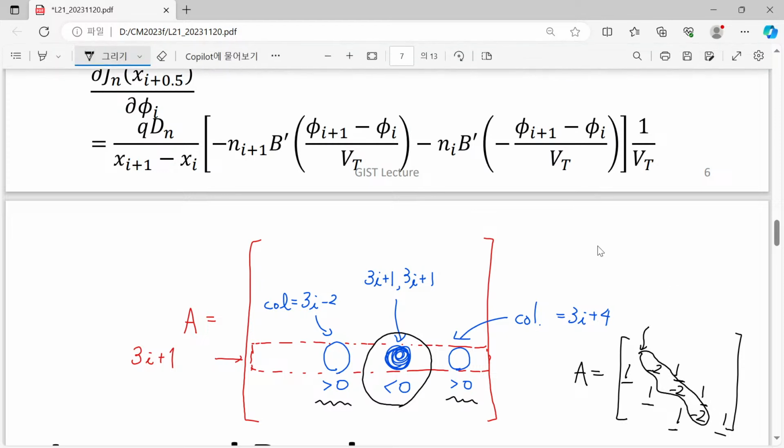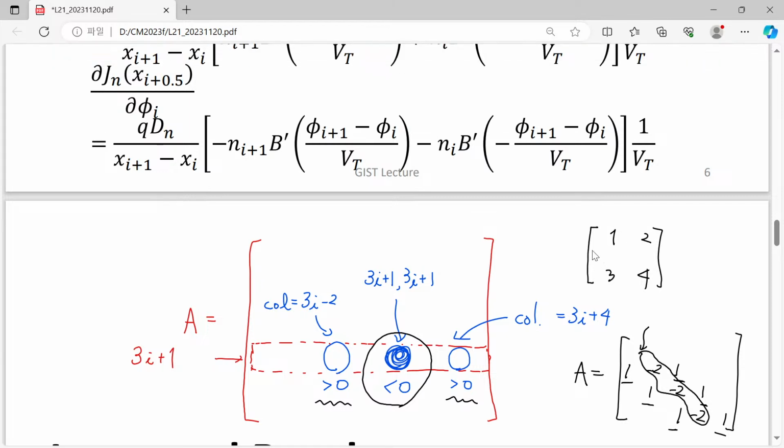Of course, this is not a general matrix. For example, let's say that we have 1, 2, 3, 4. Does it have such a property? Actually not. It has positive sign and positive sign. They do not have distinct